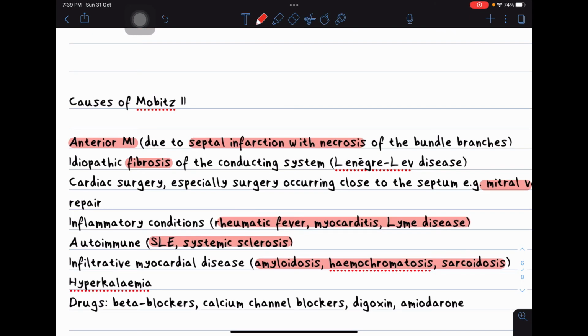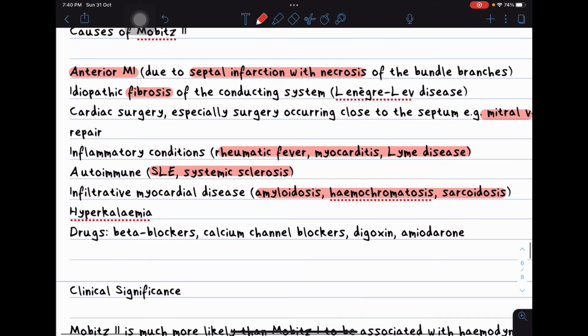The causes of Mobitz 2: anterior MI due to septal infarction with necrosis of the bundle branches, idiopathic fibrosis of the conducting system, cardiac surgery, especially surgery occurring close to the septum, for example mitral valve repair, inflammatory conditions such as rheumatic fever, myocarditis, Lyme disease, autoimmune conditions like SLE, systemic sclerosis, infiltrative myocardial disease like amyloidosis, sarcoidosis, hyperkalemia, drugs such as beta blockers, calcium channel